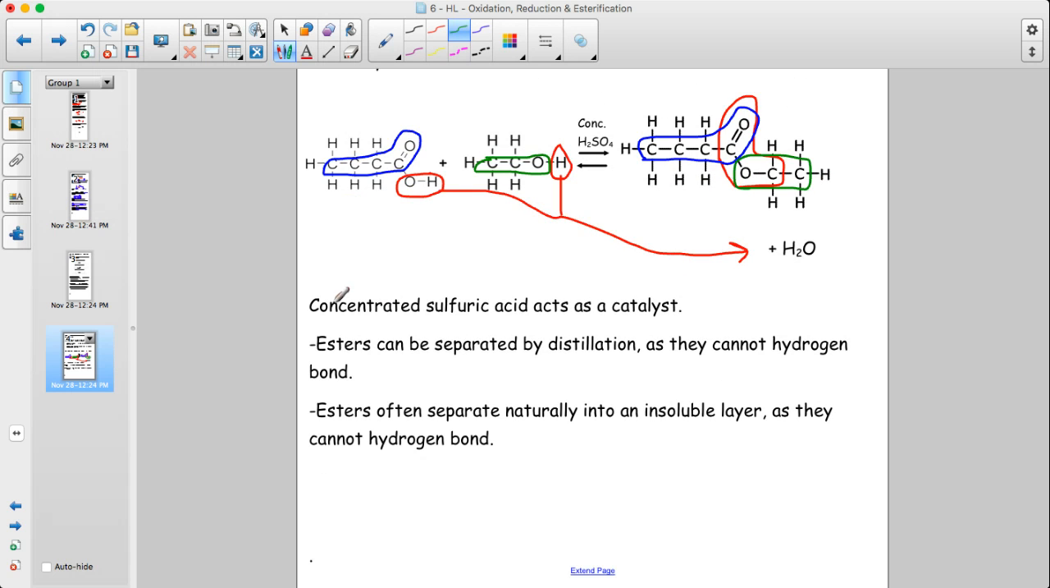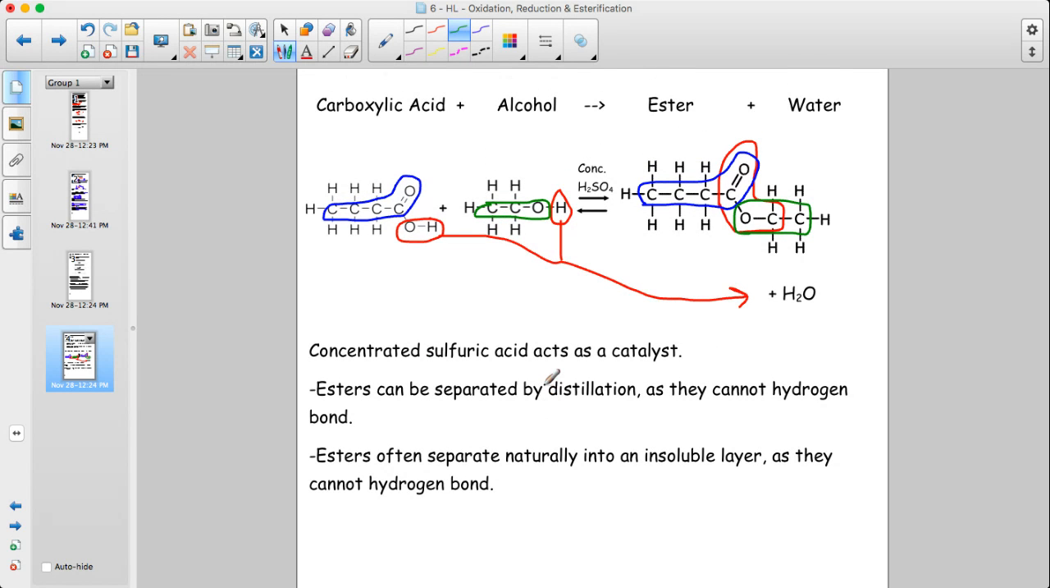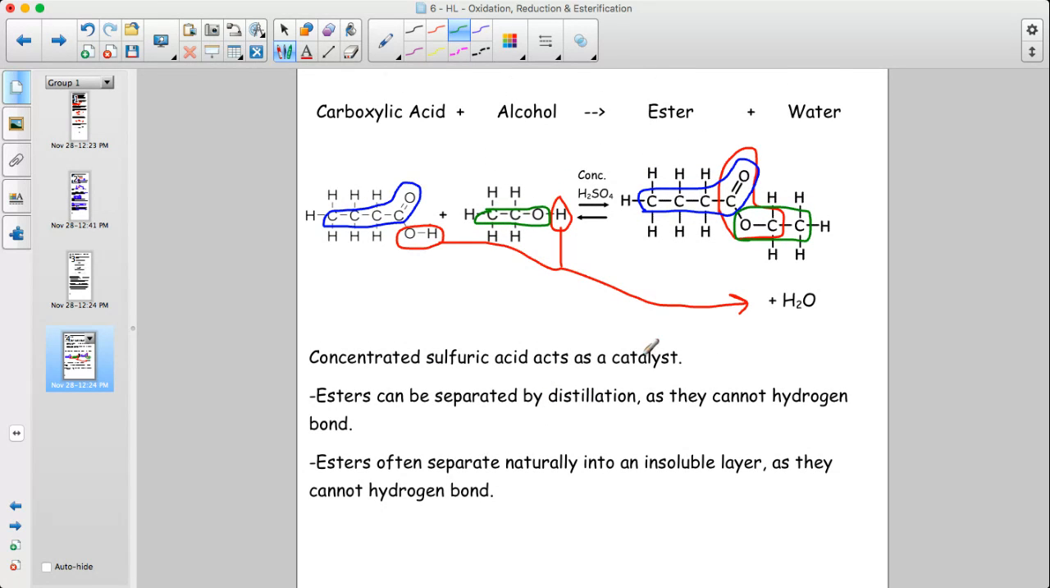The other details: concentrated sulfuric acid acts as a catalyst. So that's the condition to know. And a couple of important factors about how you would actually carry this out in practice. Well, a really important note is that the ester cannot hydrogen bond with its neighbors. It doesn't have an H to do so. It's COOC. It's a little bit polar, not nearly as polar as the carboxylic acid, the alcohol, or the water,